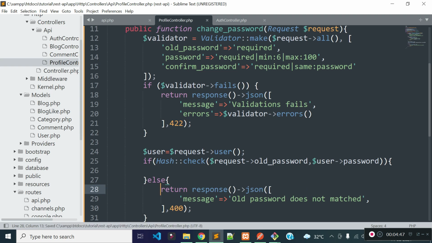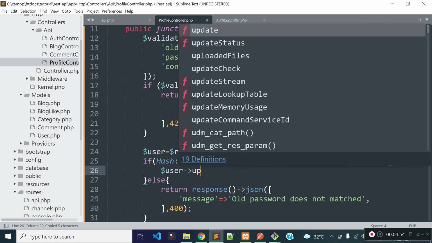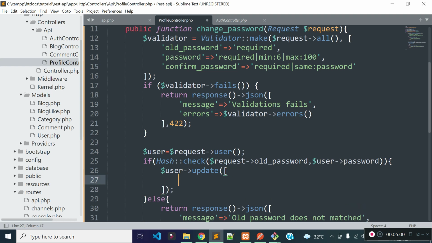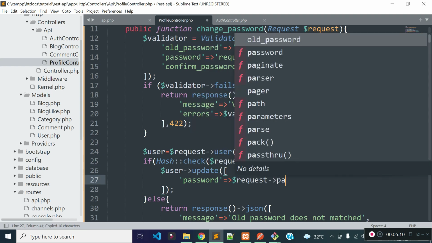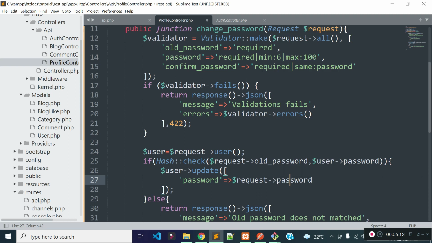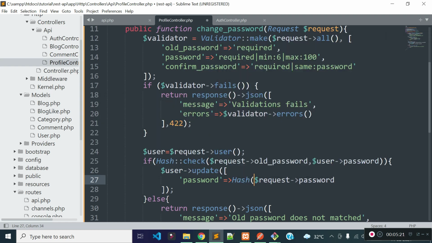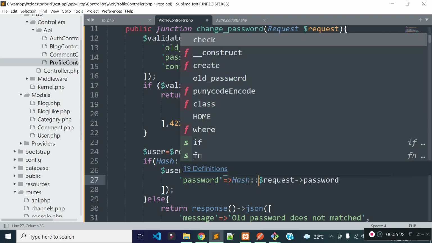And if password match, then I will update user's password with the help of update method. And I'm going to update user's password only, and this will be request password. This is the new password, and we are going to encrypt the password because we are not going to store plain text password inside our users table.